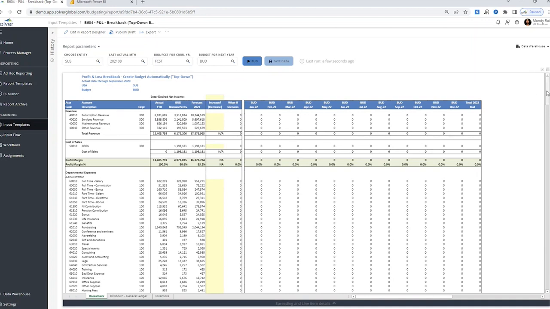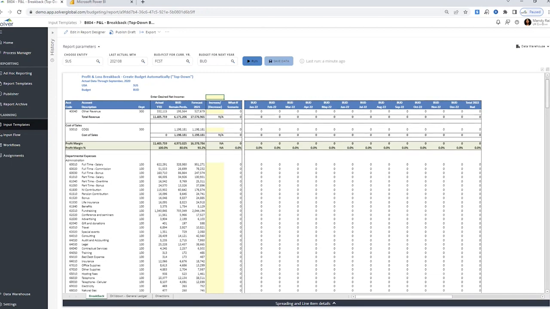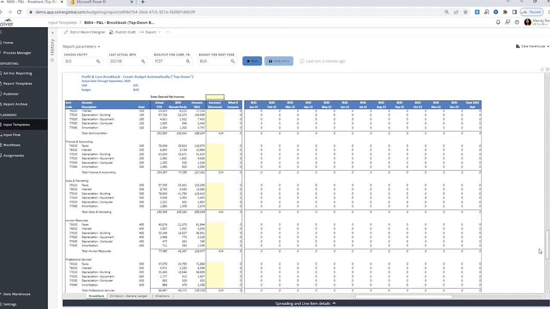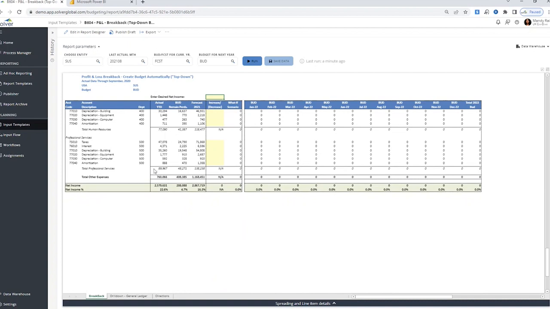Now, in this particular baseline budget form that Mandy's going to create, she has the ability to enter in a desired net income. So she can enter in a figure there. So what she's going to do is she's going to look at the P&L and how it stands to date. So right here at the bottom of this form, she has the ability to see that the net income based on actuals year to date is 2.5 million. The forecast for the remaining period, so that's September, October, November, December, is 280,000, which gives her a total of